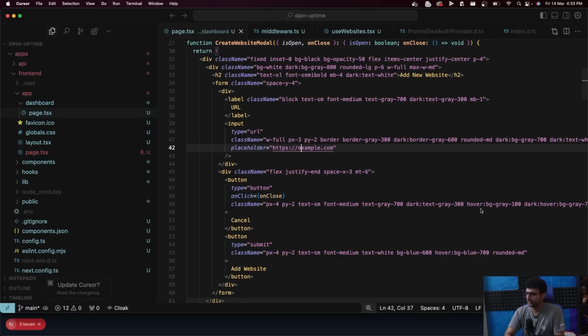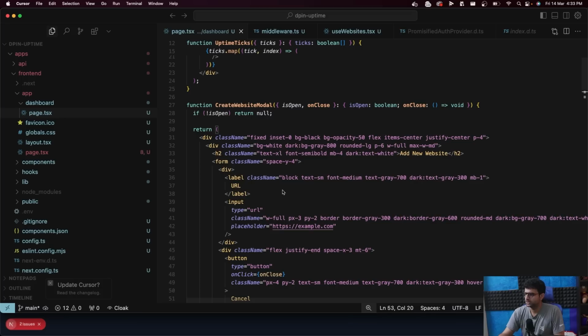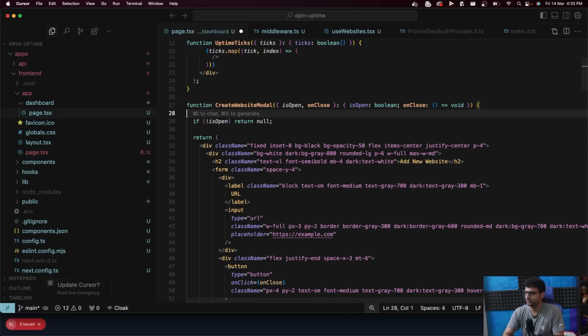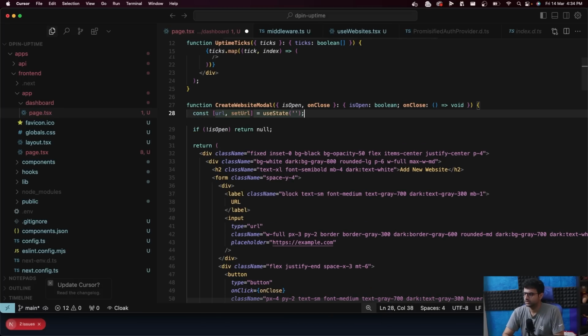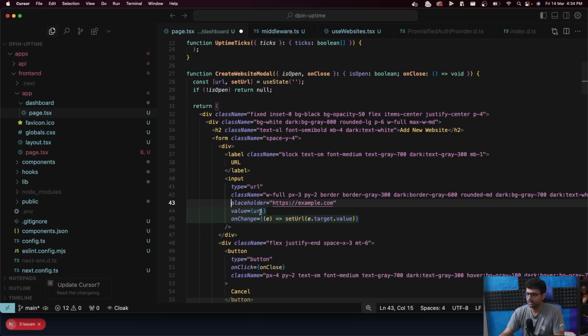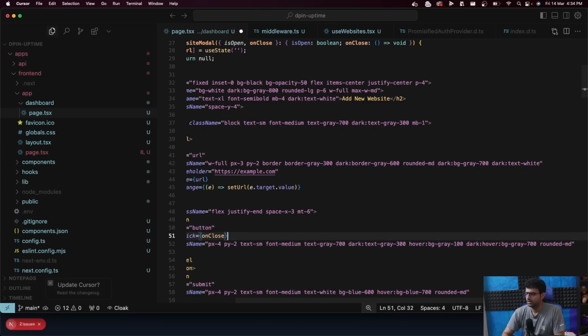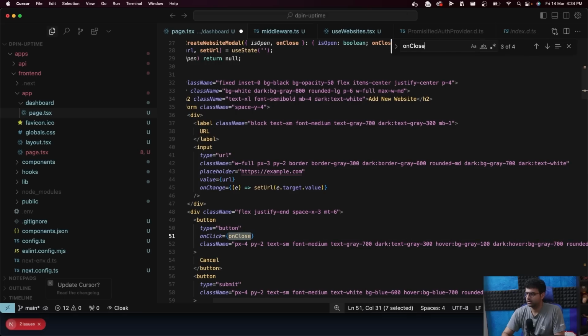All right, let's quickly connect the add website button, this one right here, to the backend. So what I'm going to do is add a state variable here called const url, setUrl is useState, input value is url, onChange is setUrl, and the button onClick calls onClose,